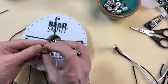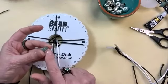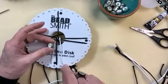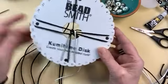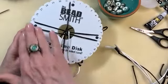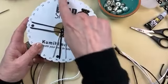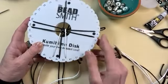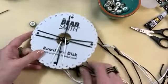You have to string each cord individually through the bead and then place it back into position on the disc. And you want to make sure that you have your down right and your other cords like this, 3 at the bottom, 2 on each side, 1 at the top. And it doesn't matter which cord you start with, but you're going to thread all of them 1 at a